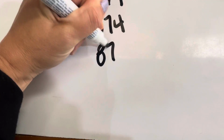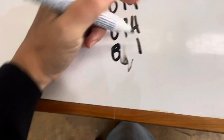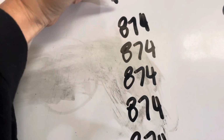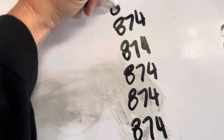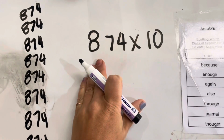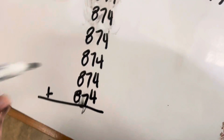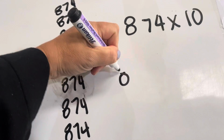So we could add all those up because I know it is 10 groups of 874 or 874 groups of 10. That would be a lot of adding. So I can add all these. The other way we could write this is